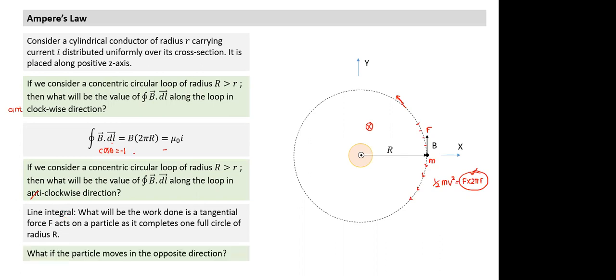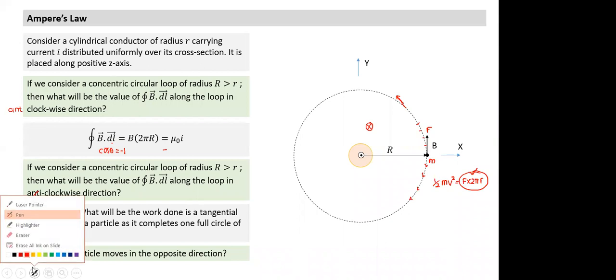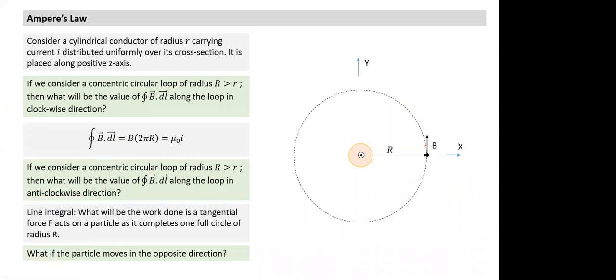And in a similar way, what if the particle moves in the opposite direction? Let's try to understand the negative sense also. What if the particle m is already moving with a velocity v naught, and force is applied in this fashion? The particle completes a full circular motion in the anti-clockwise direction, but the force is acting in the negative direction. So here is something similar to what we were talking about. What will happen in that case if the force is acting opposite to the direction of motion?